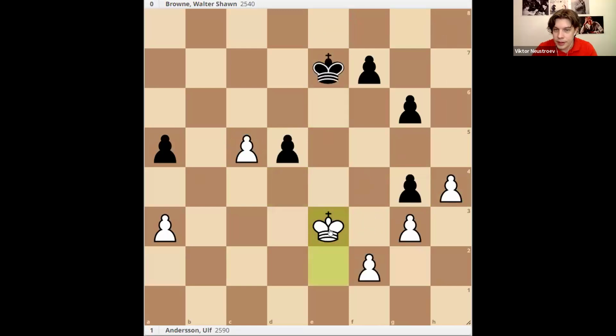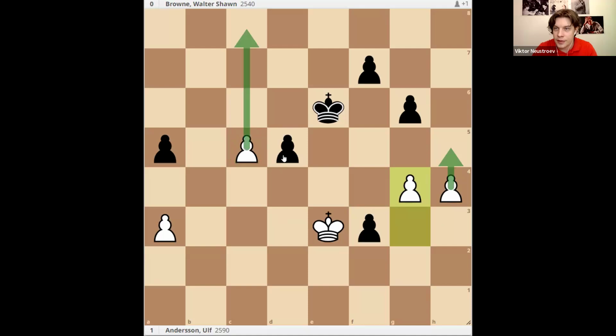Let's say king e3, what's then? Well, king e6, then f3 works. So let's say they take, and then we play g4, and then we promote two pawns simultaneously. If they play d4, which does make sense because once we take, they do this, here we have to take f3 first. So king d5, and we promote the h pawn anyway. So f3 is a good weapon, but cannot be played immediately.